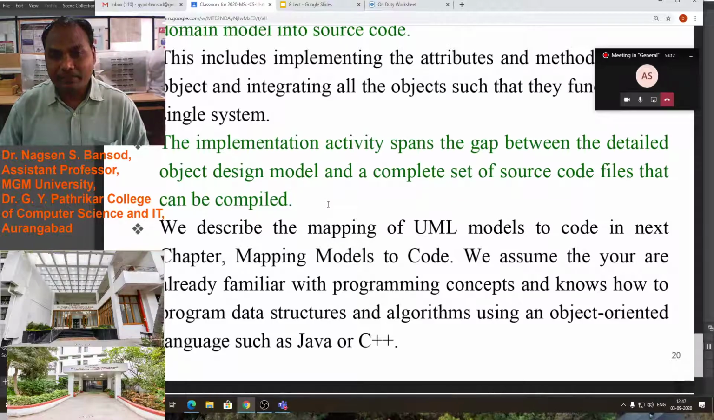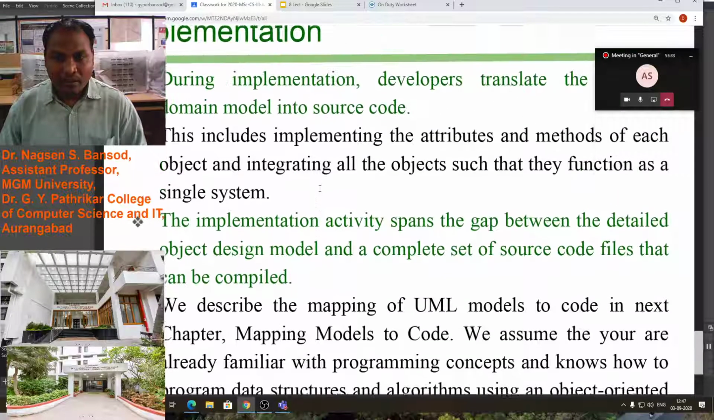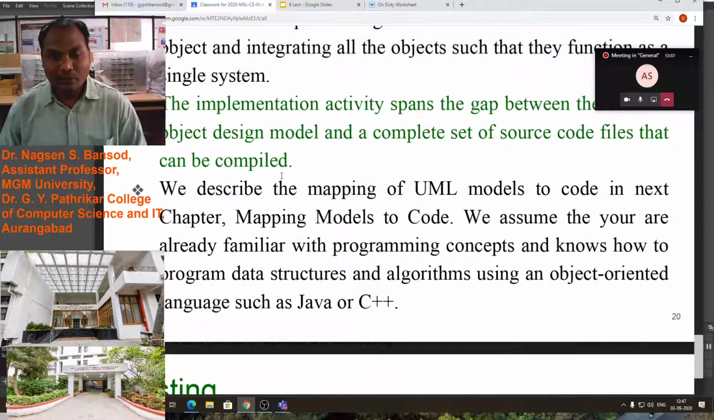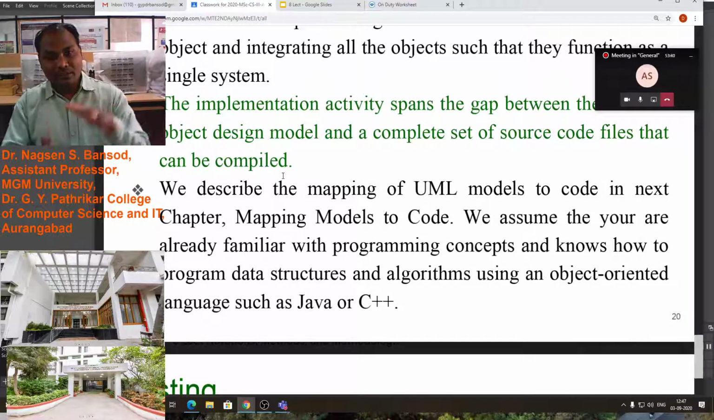The implementation activity spans the gap between the detailed object design model and a complete set of source code files that can be compiled. Now in this activity, implementation activity, what we have to do, we have to see the single code as well as the whole system code. If there is any gap,